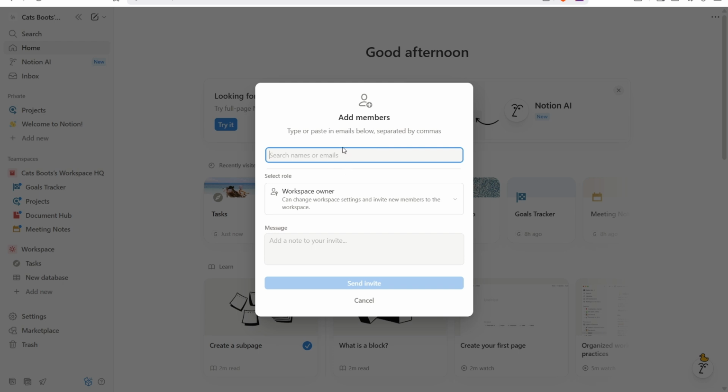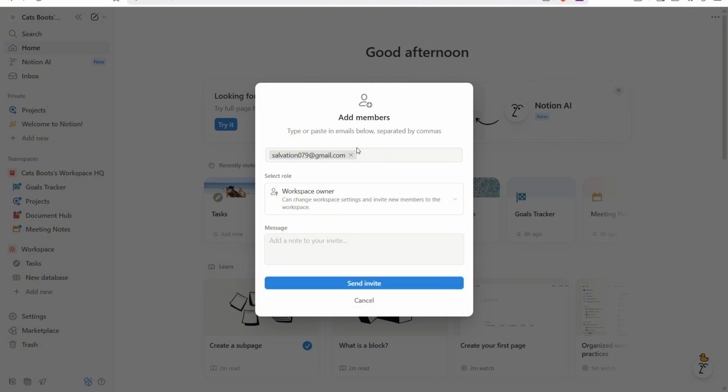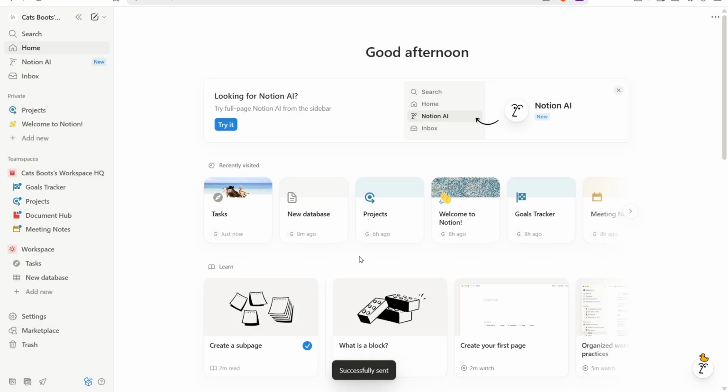Within here, we can search for names within our workspace itself, or we can add their email. If you do, you can select their role first, either owner or member. Within this space, you can also add a note to your invite. If you click on send invite, it will send them an invitation via email asking them